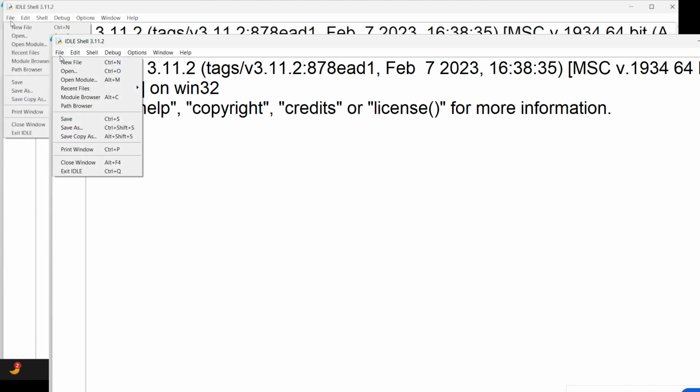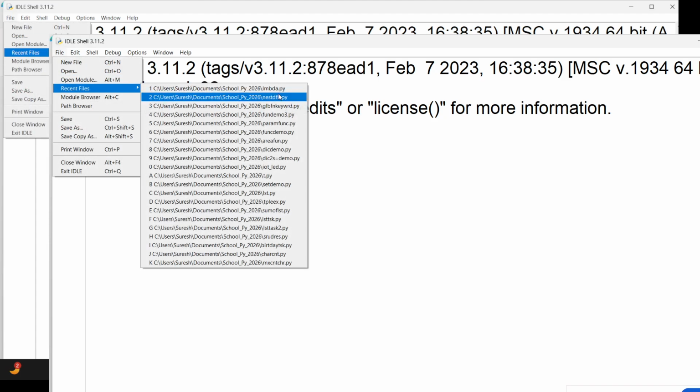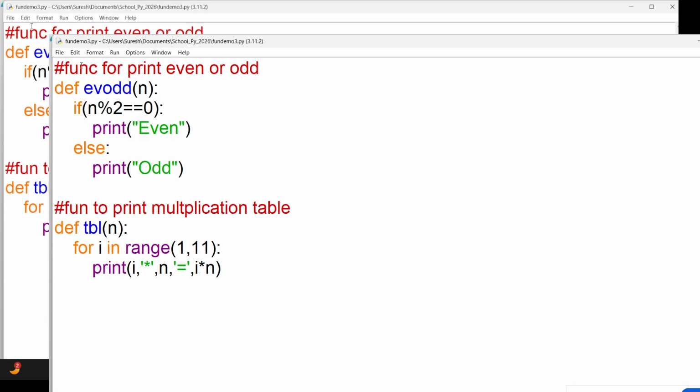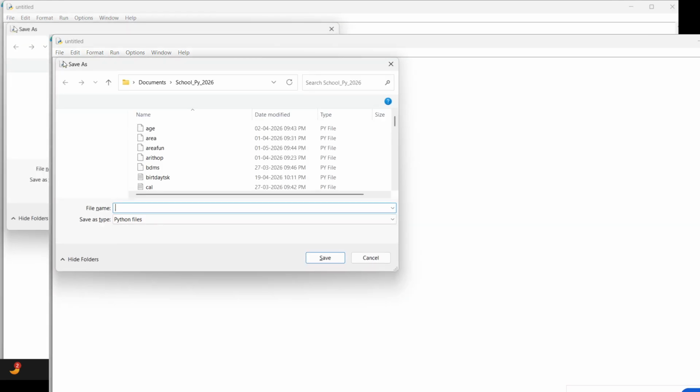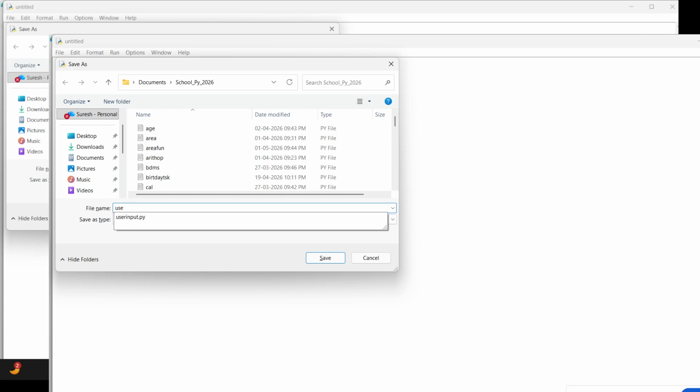Now we'll focus on how we should access this function. Generally, if you try to open yesterday's files, we have created some functions. Let's assume that this is one of the function demo files, and I will create one more file. I'll save that as use fn.